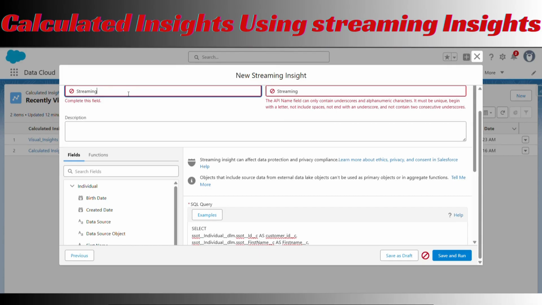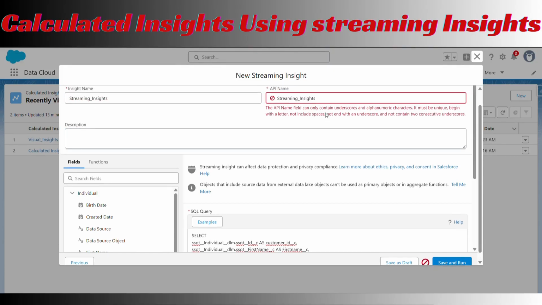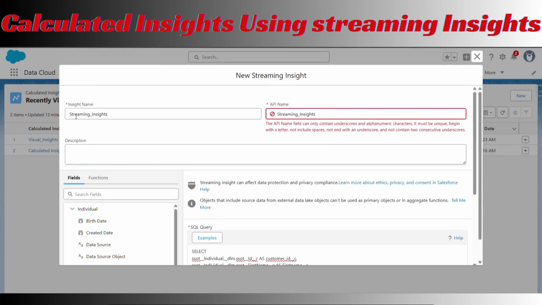So basically the benefit of Streaming Insight is a Visual Builder or a SQL builder. This is real-time processing, right? So in here you can use the Visual Builder and SQL also. In proactive engagement, you engage customers at the right moment using this. So this is all about the streaming data. Now here you just have to mention your API's insight name, and then you can clearly go with that.